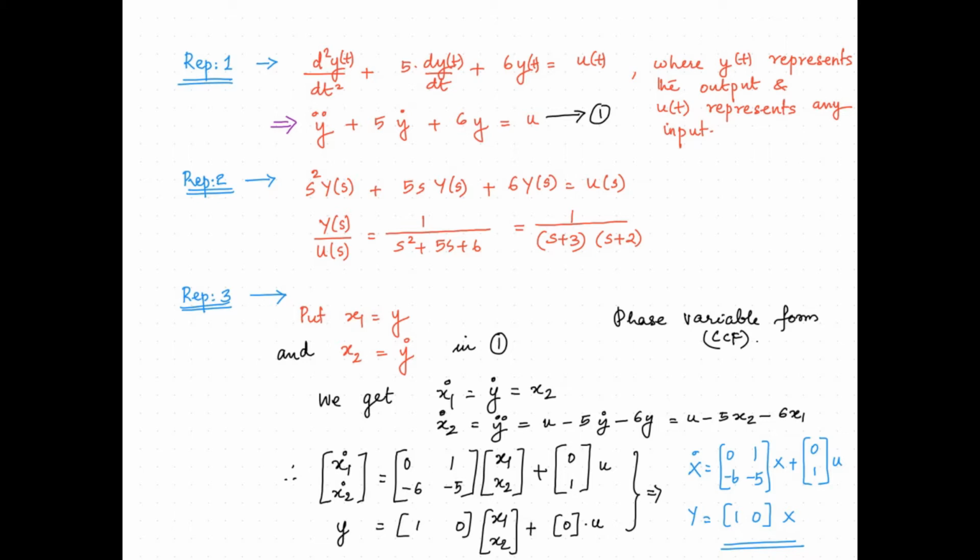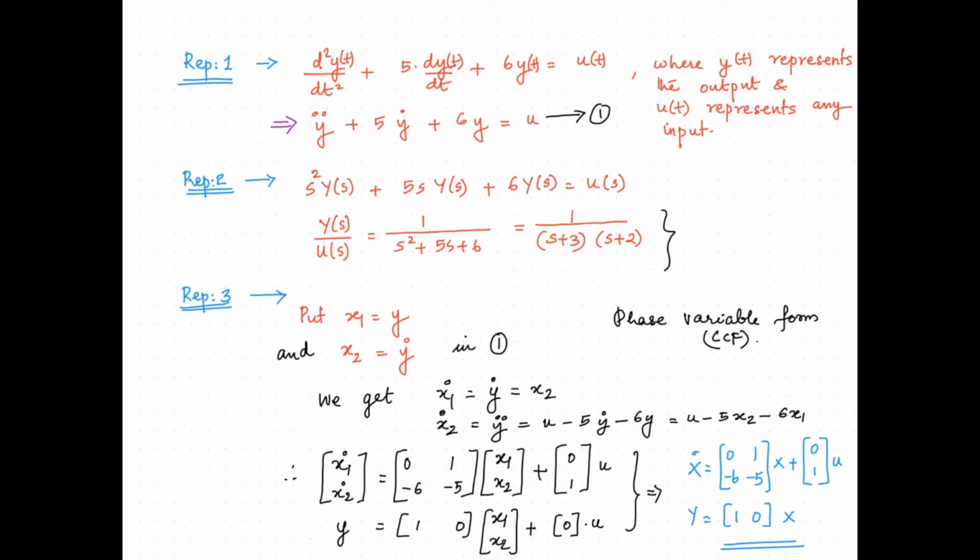A transfer function describes the input-output relation in the S domain, that is the frequency domain. We get to know about the poles and zeros from the transfer function. Last, we have the state model representation. We had discussed three basic state model representations previously, that is the controllable canonical form, observable canonical form and diagonal canonical form. Here I take the controllable canonical form, which is also called phase variable representation.